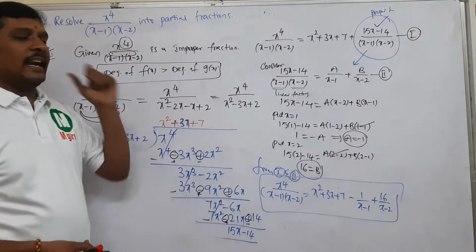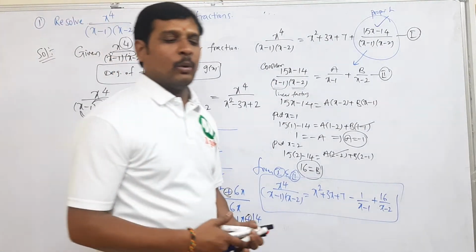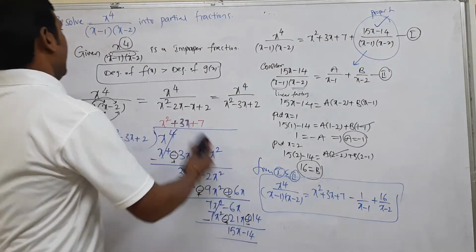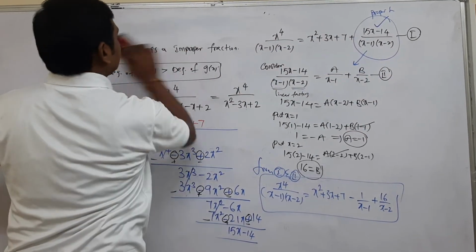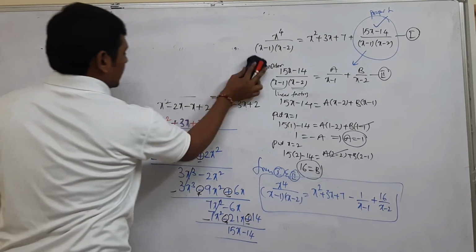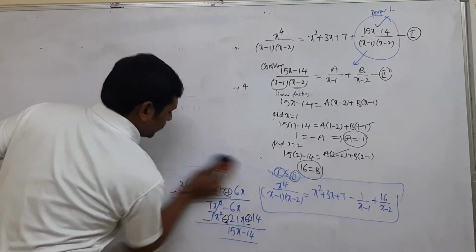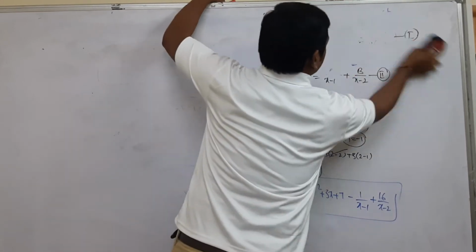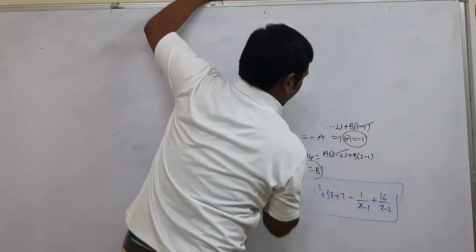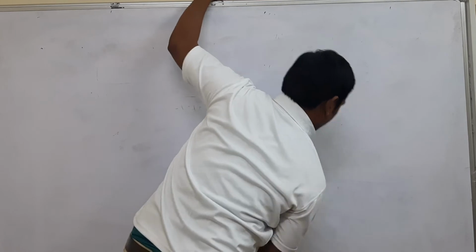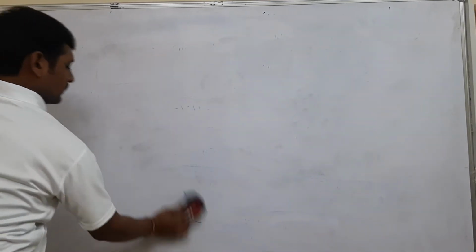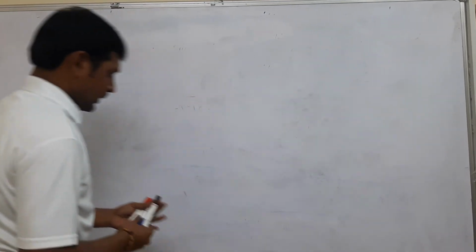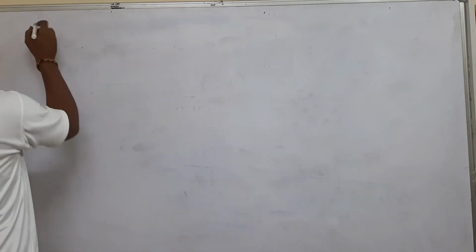This is the greater than case. Let us take one more example with the equal case, right? So let us take one example with the equal case so that you can easily understand the difference between the numerator greater than case and the equal case. Right. So the question is